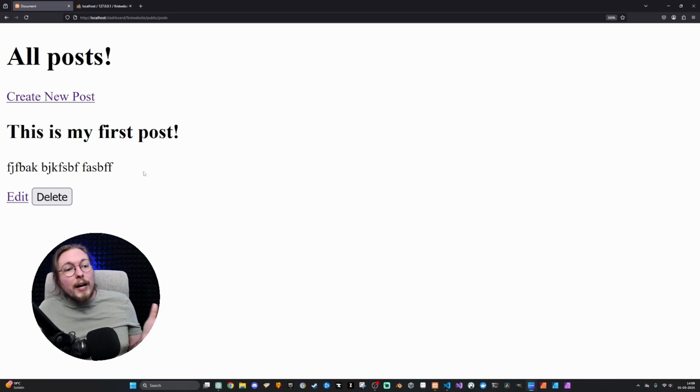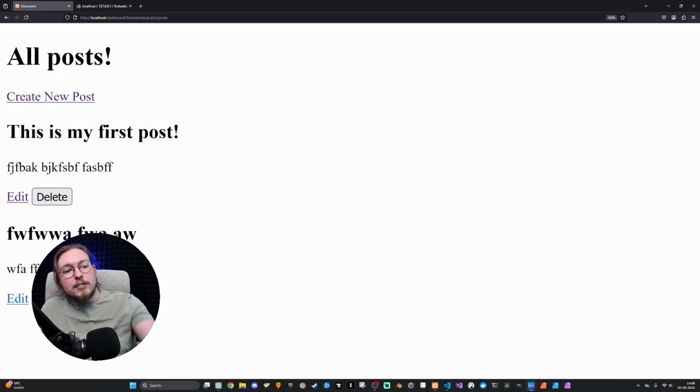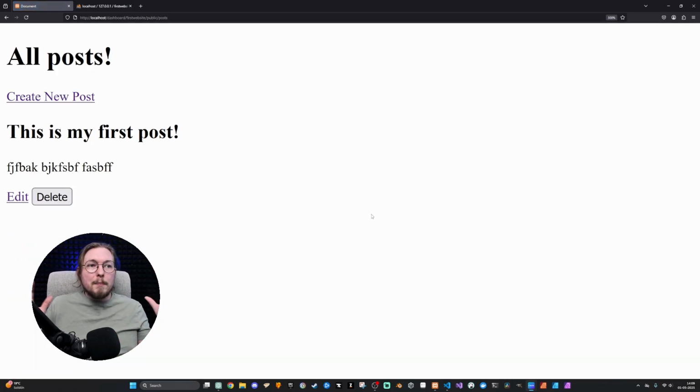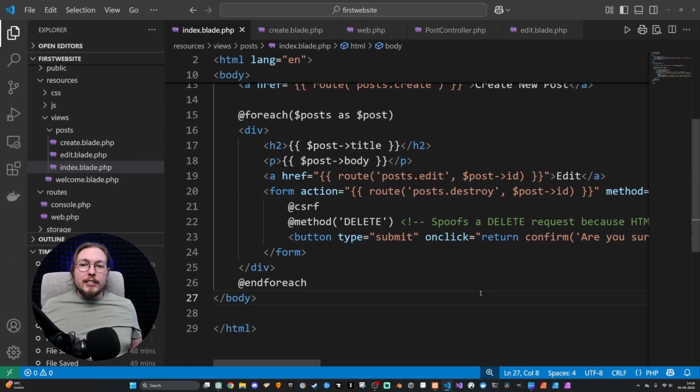So now we do have a working posting system. We can click create new post, we can create something random, and we can save it. Then you can see it gets added in here as a second post. We can edit it or we can delete it. And then we have a basic CRUD system, essentially. So with that, we've actually reached a point now where you know how to create a CRUD system and how to start creating things using PHP inside a website